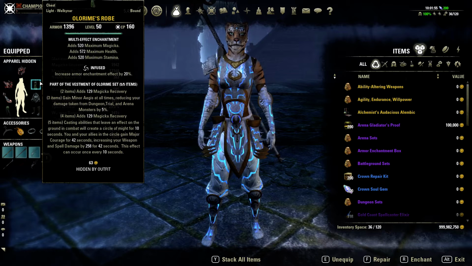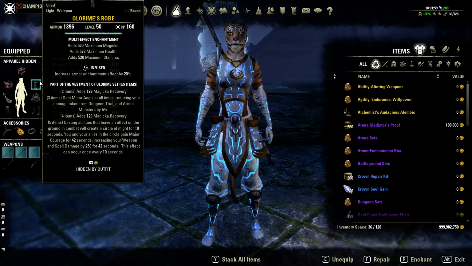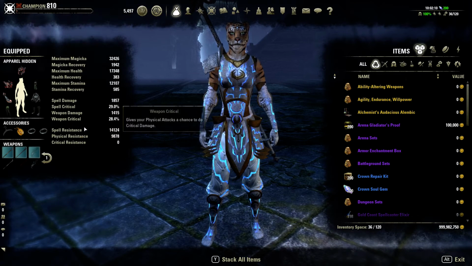You and your allies in the circle gain major courage for 42 seconds, increasing your weapon and spell damage by 258 for 42 seconds. This effect can occur once every 10 seconds. Now, you guys are probably wondering, how do I get 42 seconds out of this? And that's because of the next set we're running, which is